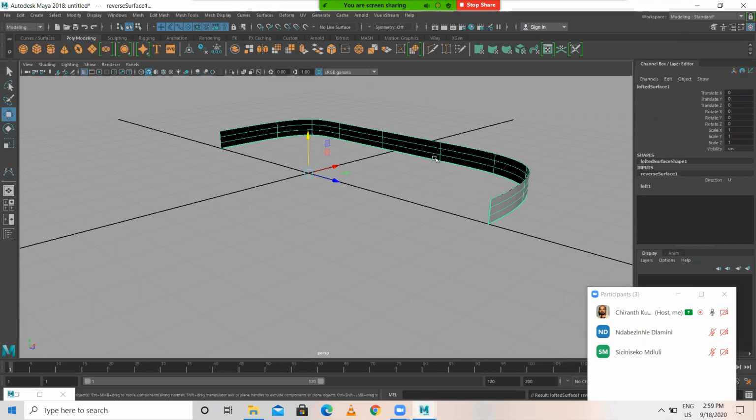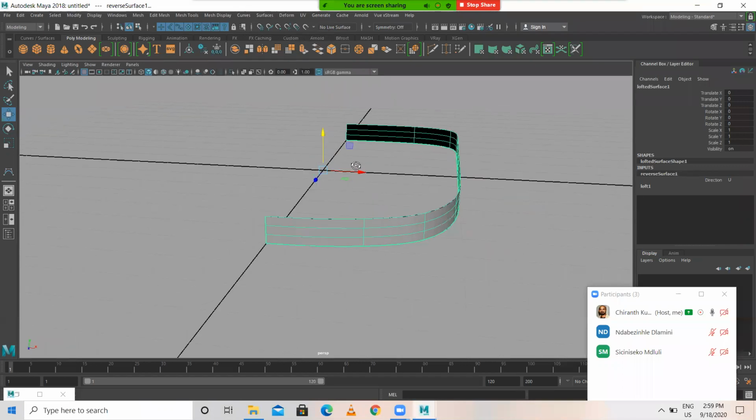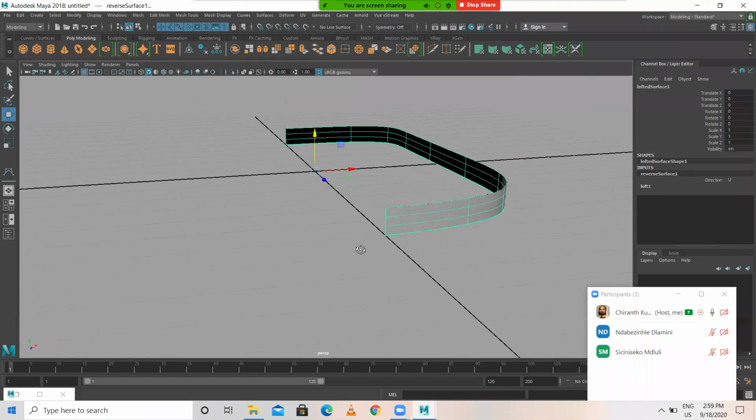It should be like this. Inside it should be dark color, outside it should be gray color. That's how it should be.